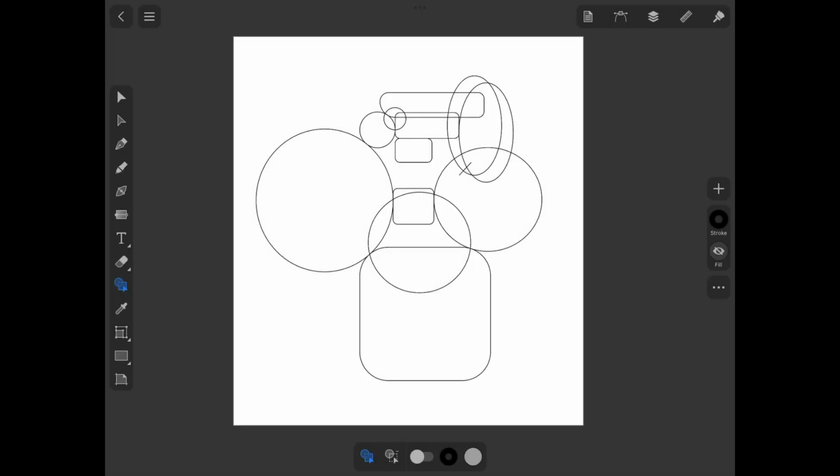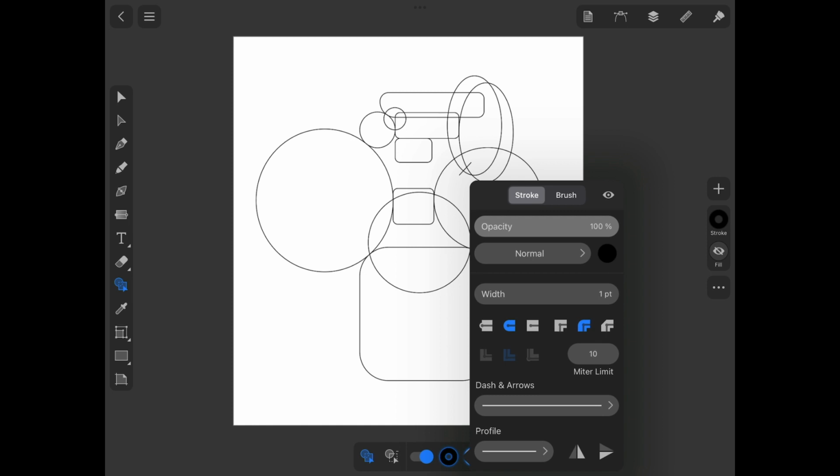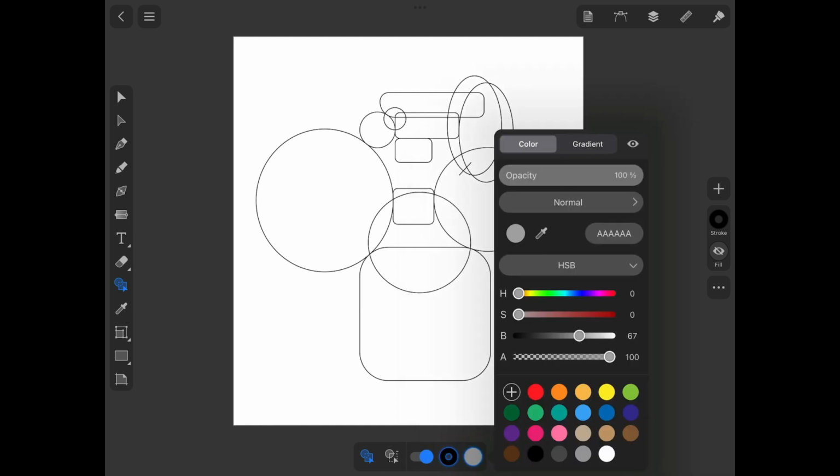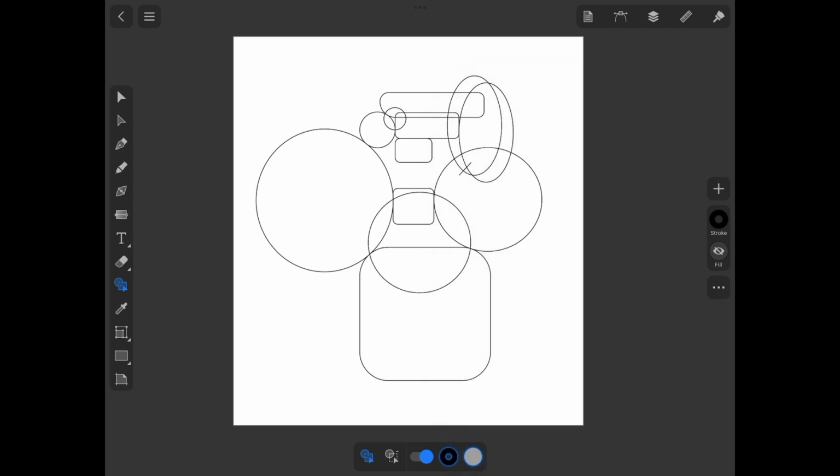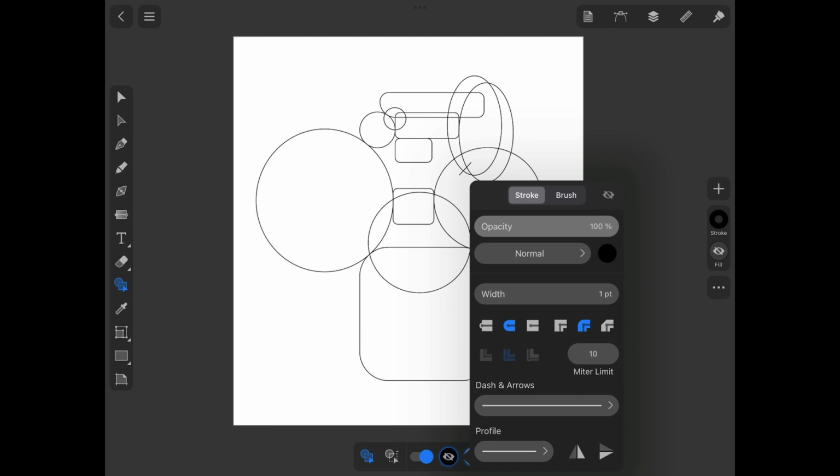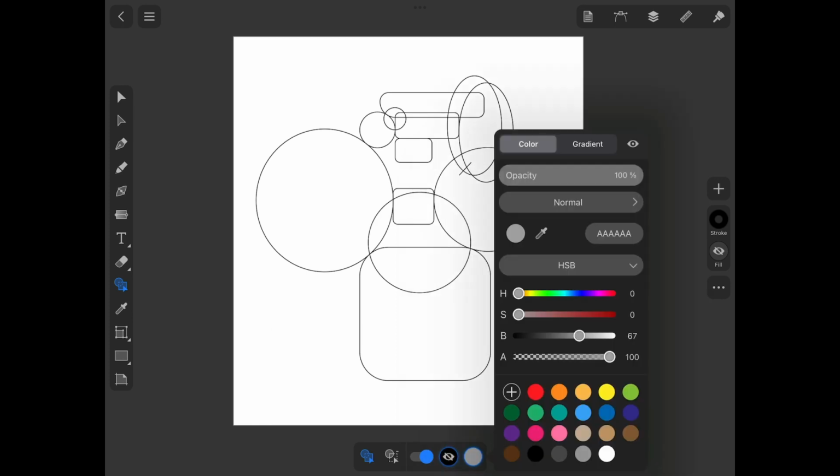Let's take a more interesting example. I'm going to create an icon in the style that is often used for vector clip art. Such icons are usually black and have no stroke. For that, we need to activate the Use Color option. The color buttons at the bottom open stroke and fill settings very similar to the properties located in the Appearance panel. To learn more about these properties, watch the tutorial about working with colors. Now we're going to hide the stroke and then choose black as the fill color.